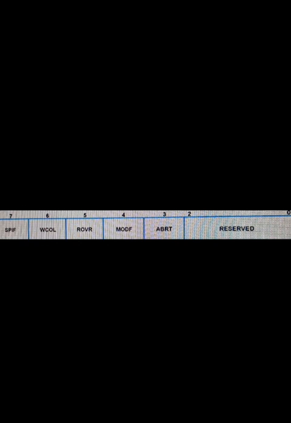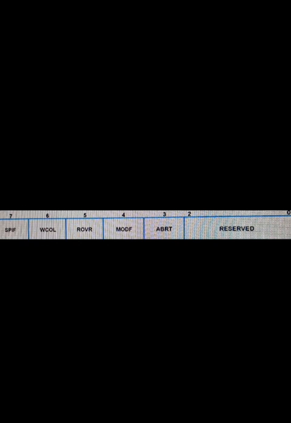Bit number 6 is WCOL, that means wire collision or write collision. When SPI data is being transferred, it is currently in process, and the SPI data register is written with new data before the transfer is complete, a write collision is said to have occurred and the bit gets set. That means 0, there is no write collision, and 1, a write collision occurred. This bit is cleared by reading the register and accessing the SPI data register.